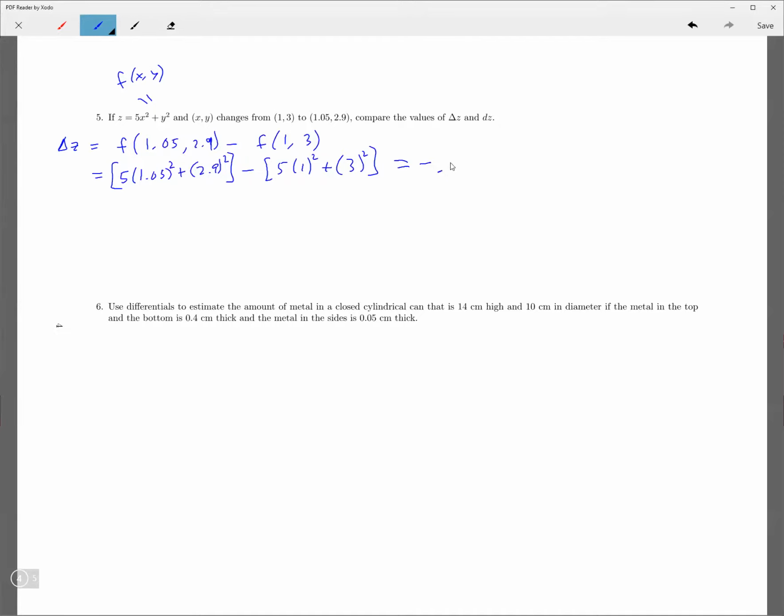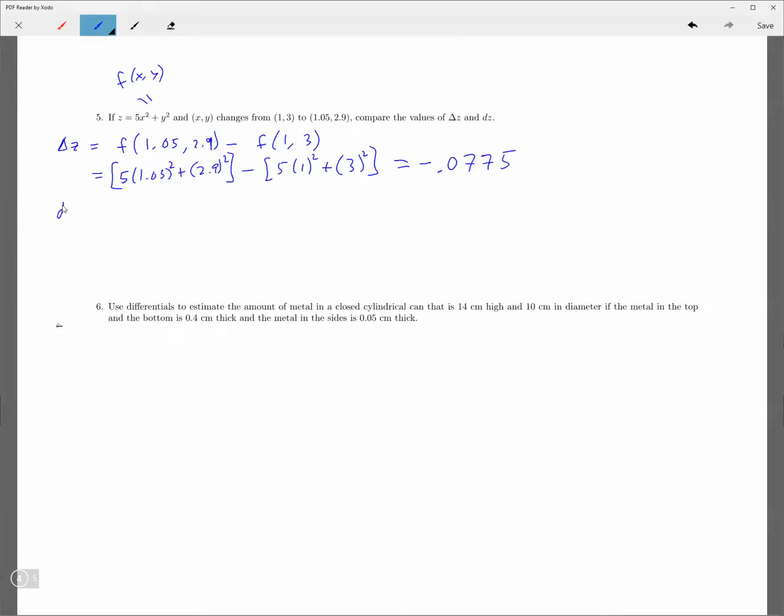I got negative 0.0775. Yeah. Let's see. Okay, that's the second answer, actually. Negative 0.0775. And WebAssign says, yes, it is. Okay, now,